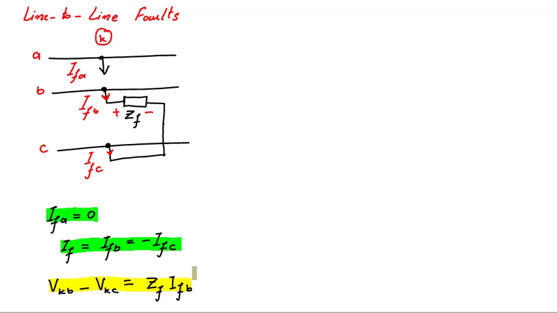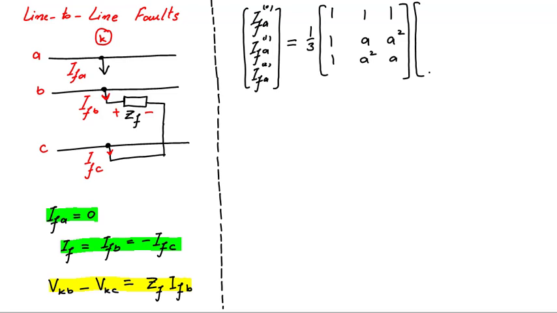Now by using these phasor equations, we will find the sequence components of fault current as well as of voltages. The three sequence components of fault current at the fault are equal to matrix A inverse into the three phasor currents. By considering the phasor characteristics of this fault, phase A current will be 0, phase B current will be IFB, and phase C current will be minus IFB. Here we can see that the phase B current is equal to minus the phase C current, so we can write phase C as minus IFB. So now from this matrix equation, we can write the values of these three sequence components of fault current.